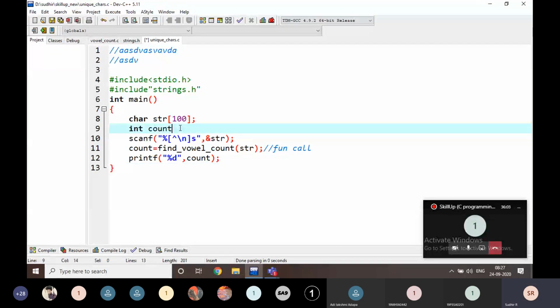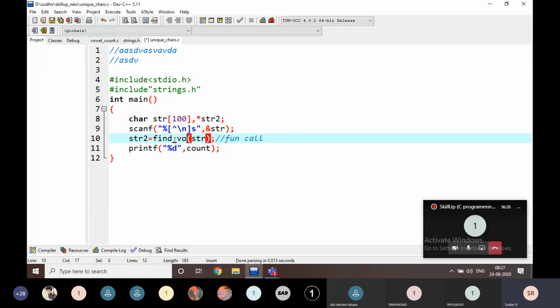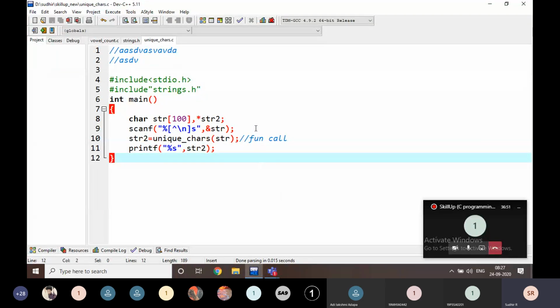I'm going to read a string here and pass the string to a function, and I'm going to return str2, which is equal to unique chars of str.